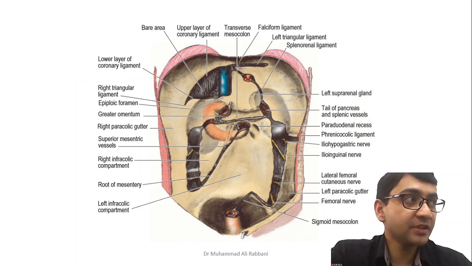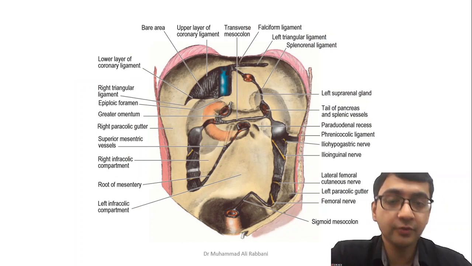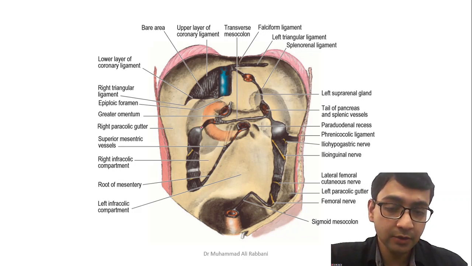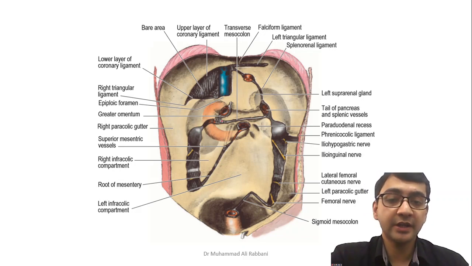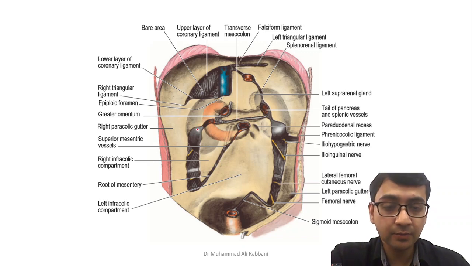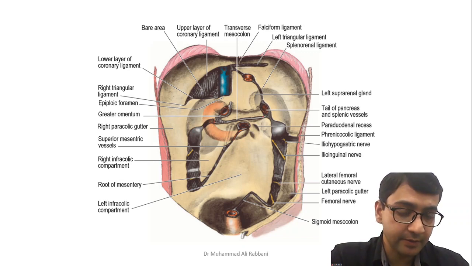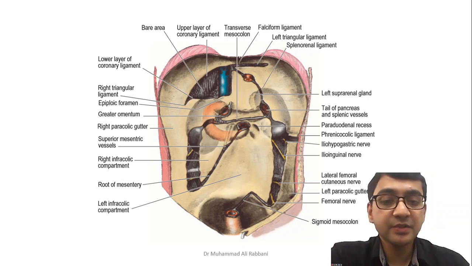So if you cut the mesentery from the roots, you can see the point of reflection. So here is the mesentery of the transverse colon, the transverse mesocolon attachment. You can see that it starts from the one kidney, ends at the other kidney. Meanwhile, it passes through the second part of duodenum. It passes from the anterior aspect of the pancreas. Then there is mesentery of small intestine, mesentery proper.